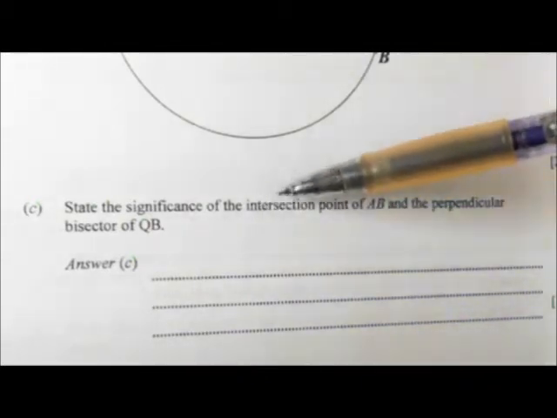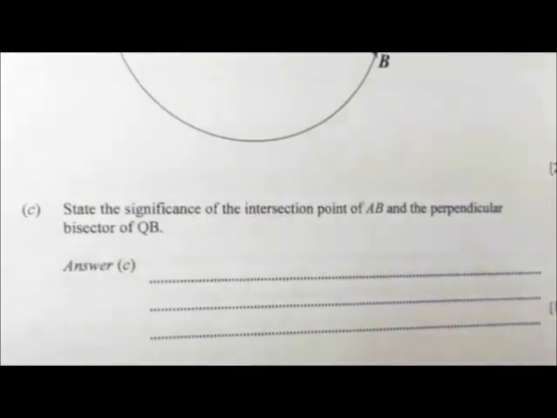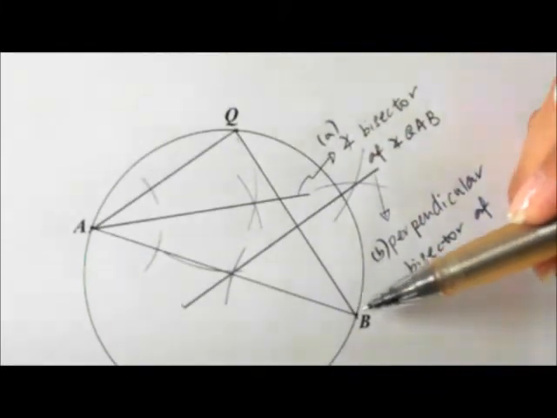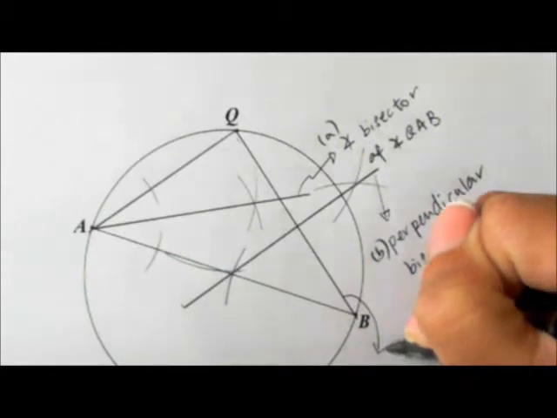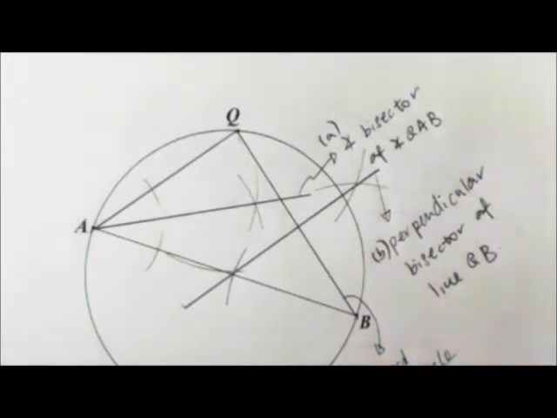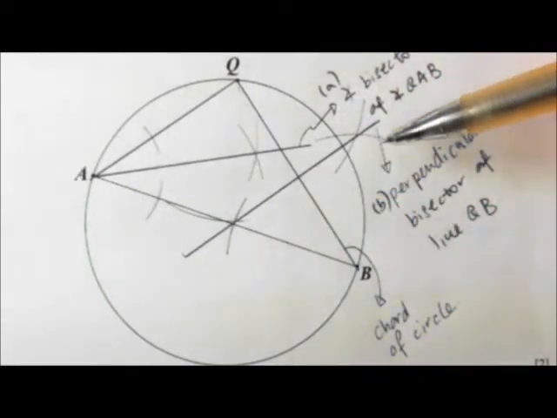Okay, let's look at part C. Part C asks you to state the significance of the intersection point of AB and the perpendicular bisector of QB. Let's recall our circle property. QB is a chord on the circle. In circle property, you know that the perpendicular bisector of a chord in a circle will pass through the